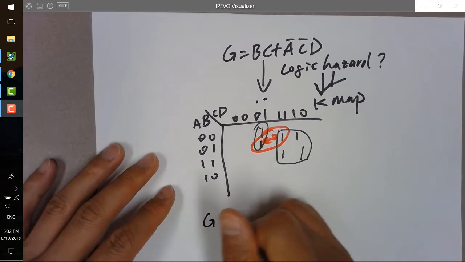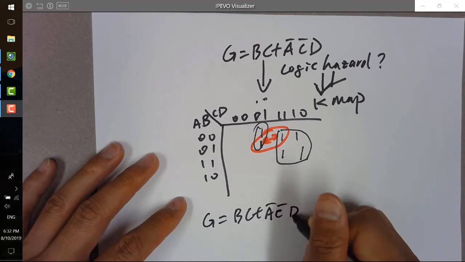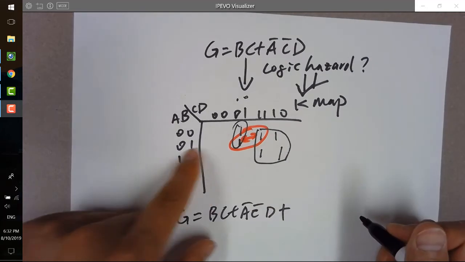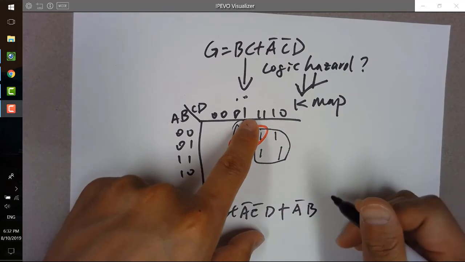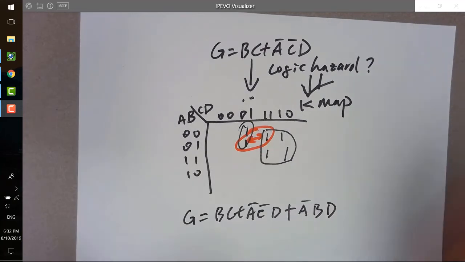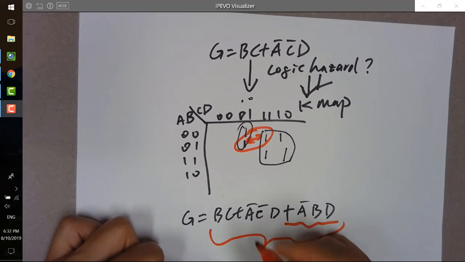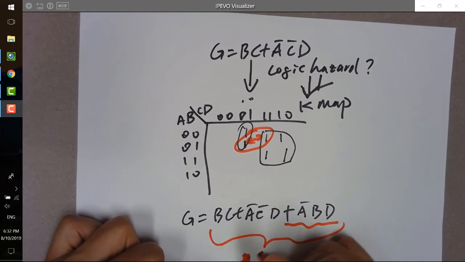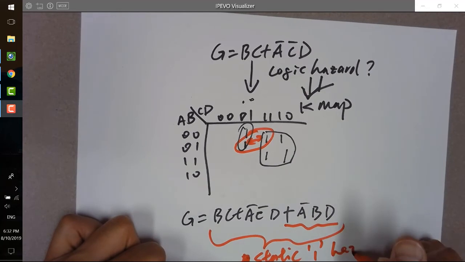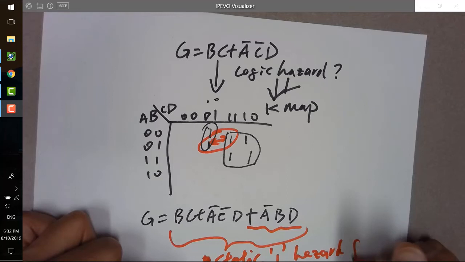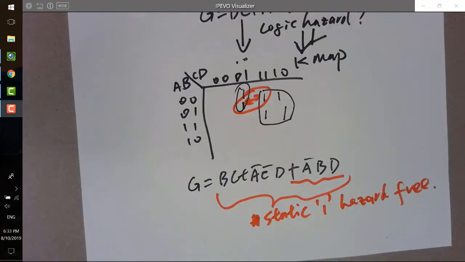So if you want to make that hazard free, you need to add this 2, which is A bar B D. So that one will make the entire thing static 1 hazard free. Okay, so that is how you